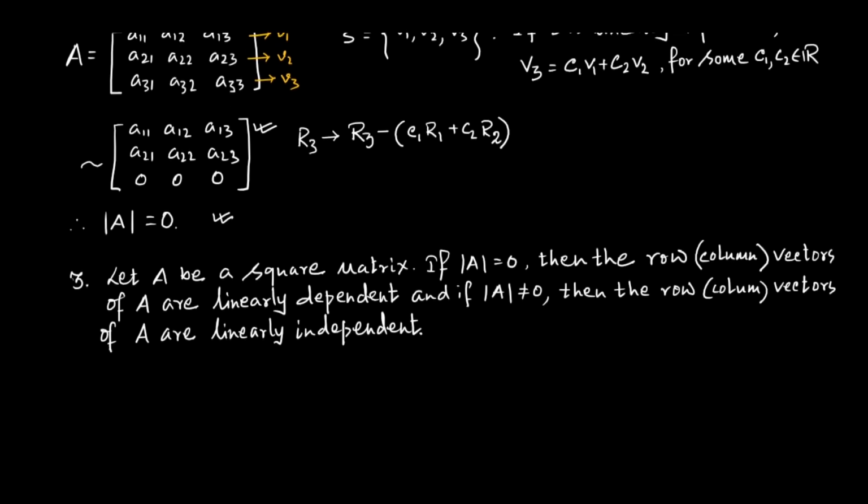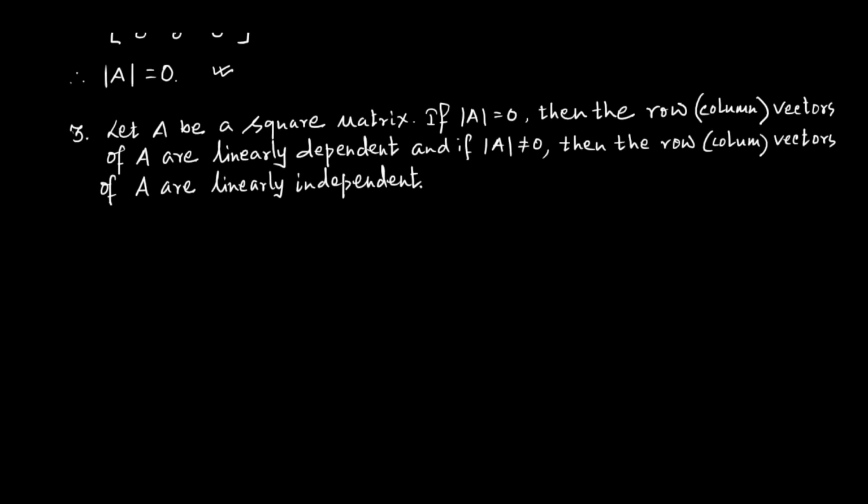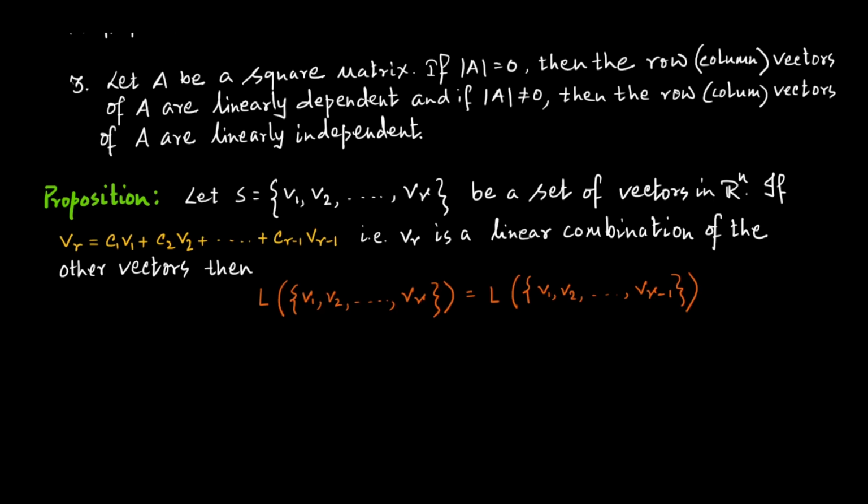Now I will state a proposition which geometrically we have already seen. Let S equal V1, V2, etc., Vr be a set of r vectors in Rn. If Vr is equal to C1 V1 plus C2 V2 plus etc. plus C(r-1) V(r-1), that means Vr is a linear combination of the other vectors in the set,